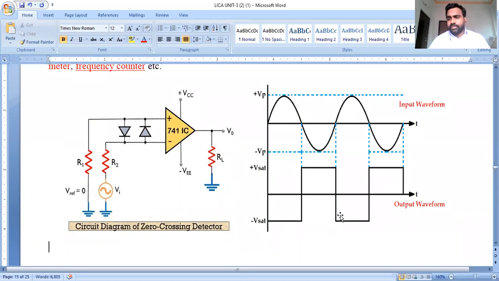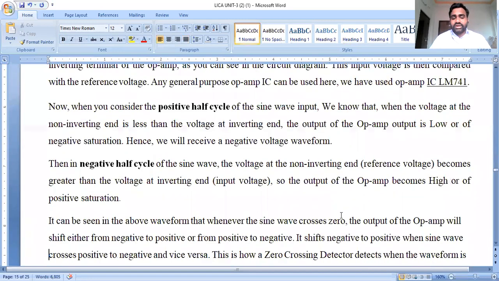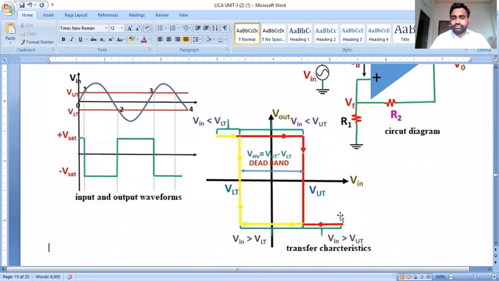Okay, next we updated the zero crossing detector, because the zero crossing detector has some noise problems and is not applicable to low frequency output voltages. That is next analyzed with respect to the second type of application, the Schmitt trigger. In the Schmitt trigger, we can clearly see the behavior of the output voltage with the help of two reference pulses.